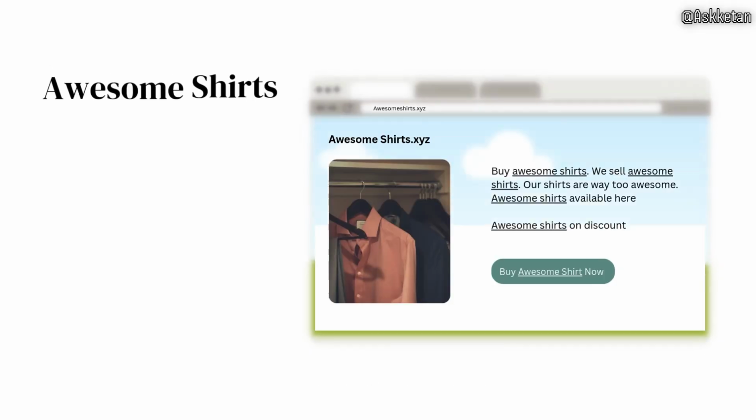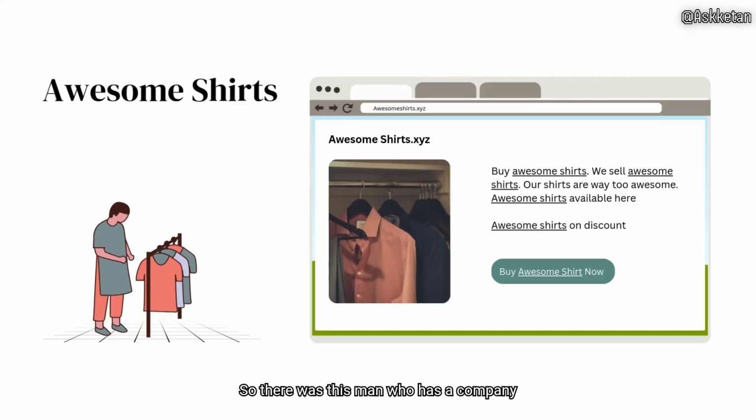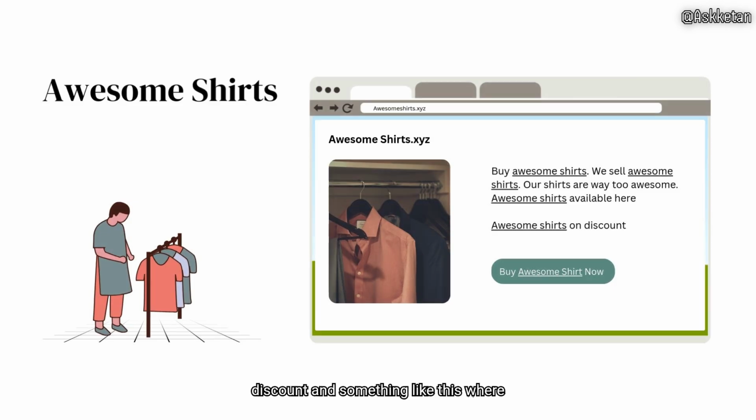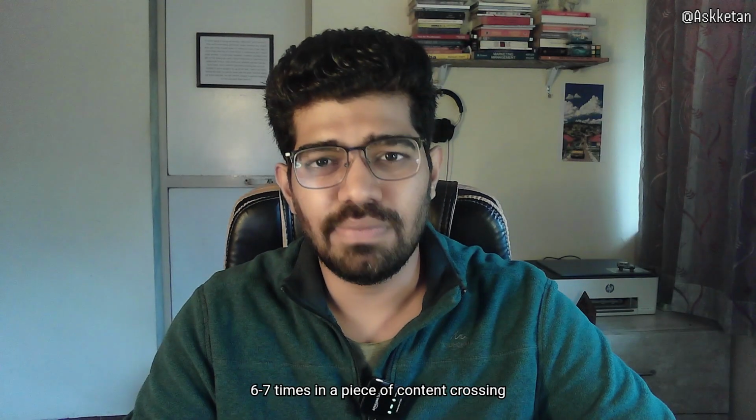So now let's try to understand with an example. There was this man who has a company named Awesome Shirts, and he started an e-commerce platform. When he initially started the platform, he started putting on his landing pages, "Buy awesome shirts. We sell awesome shirts. Our shirts are way too awesome. Awesome shirts available here. Awesome shirts on discount." And something like this, where he mentioned his primary keyword 6, 7 times in a piece of content,